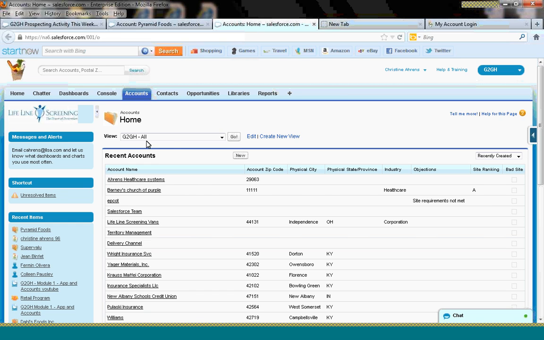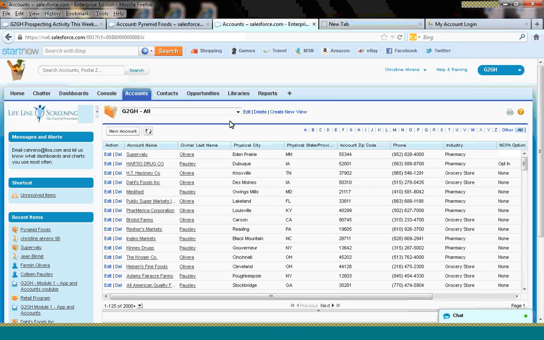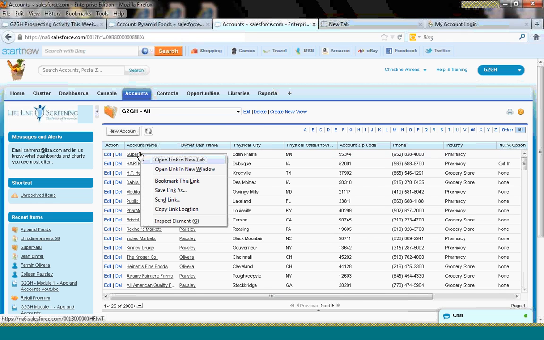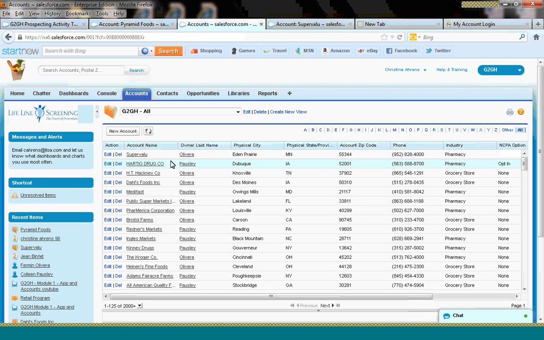And Groceries to Good Health, so I'm going to click on Go. However you're working your list view, which is underneath the first training module that we went over yesterday, I'm going to click on this SuperVal. That was the example that we used. Now, I do want to let you know that I did go back in and delete the information that we put into SuperVal. So as we open up SuperVal,